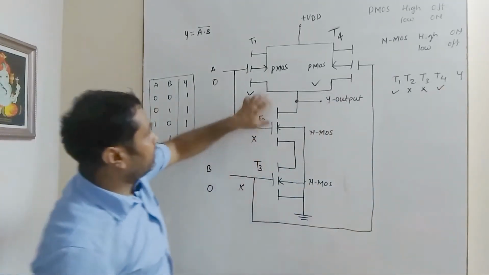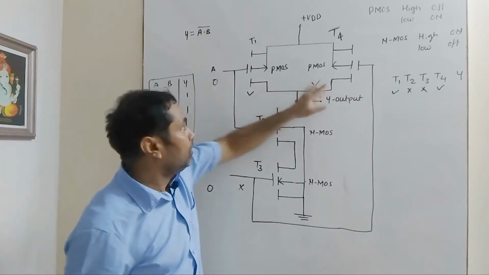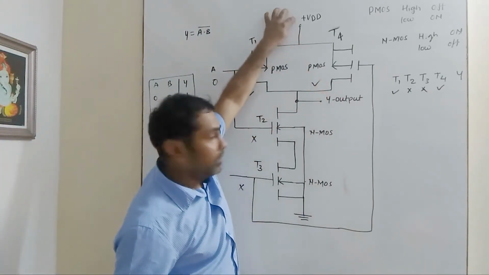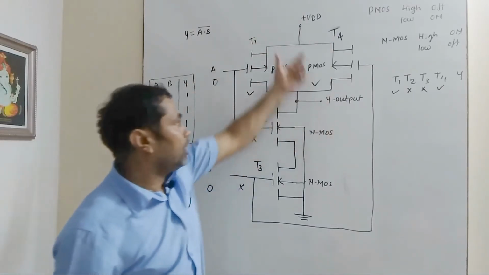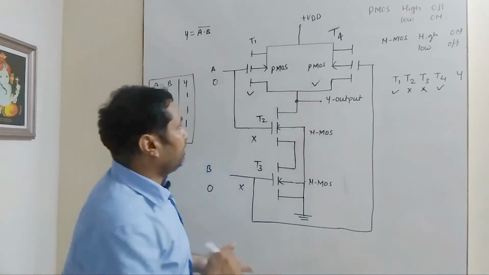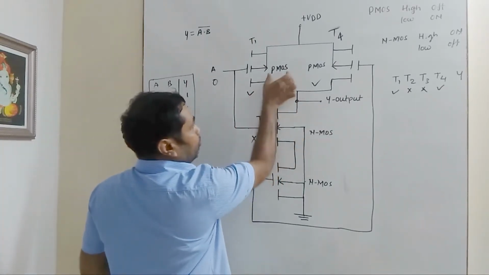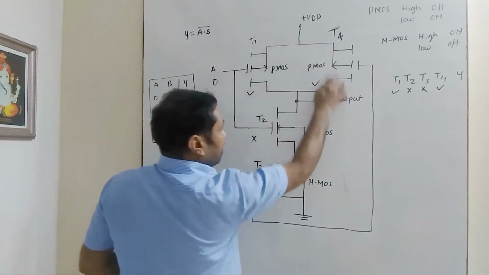Now here you can see that these two switches, they are connected in parallel and both are turning on. So the current from the power supply can have two paths, and both are on. So current can easily come up to this point. In the parallel connection, you can see that both the PMOSs are connected in parallel, their sources are common and their drains are also common.